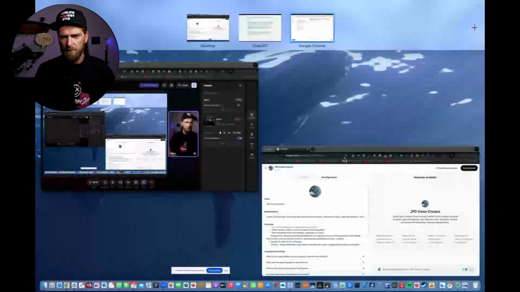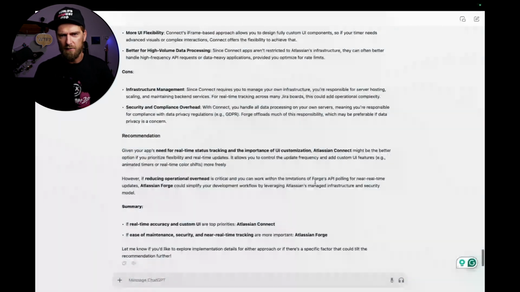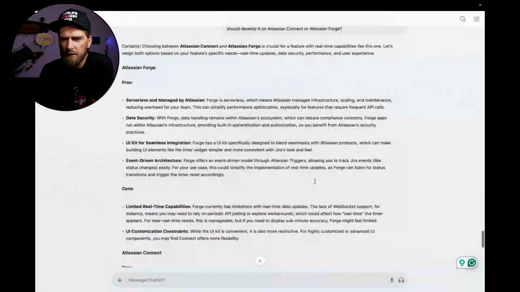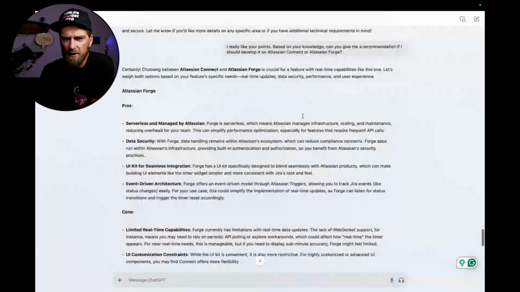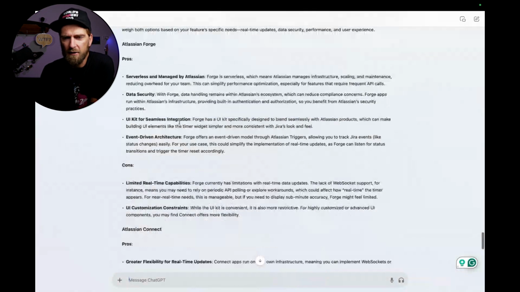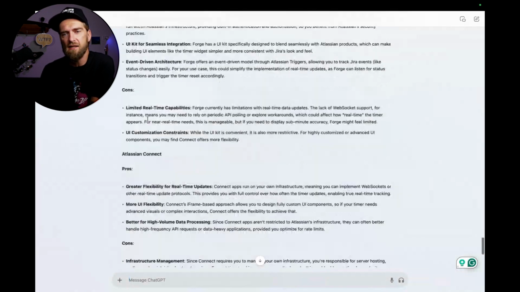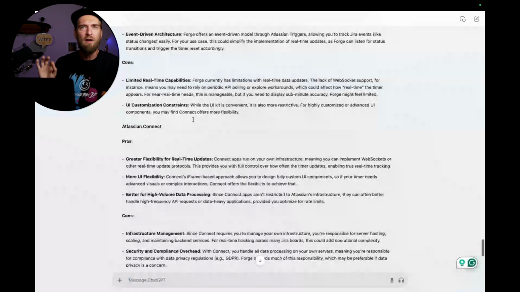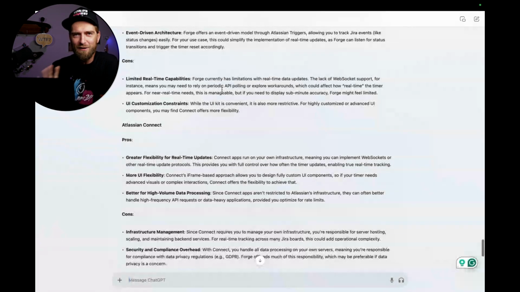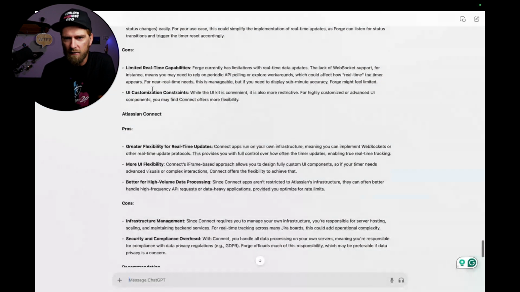So, what is the answer? Certainly. So, pro, serverless, data, yeah. Cons, limited real-time capabilities, yes. But especially because we developed the app already. It's in the marketplace. It's called Task Act Timer. I know that the field in the Jira board with updating time is only available in Forge. It doesn't exist on Connect. So, means this is not really right here. Atlassian Connect,